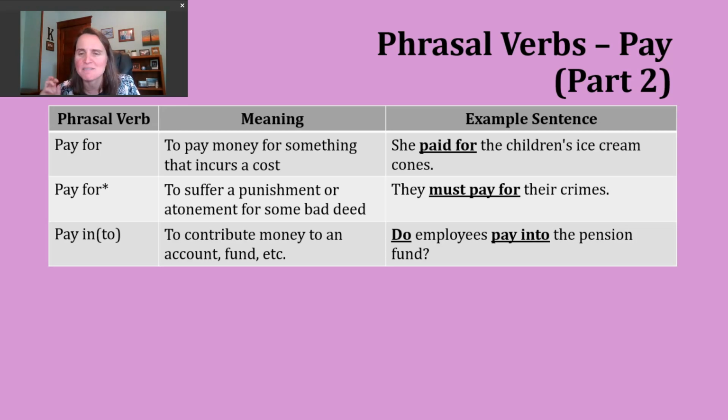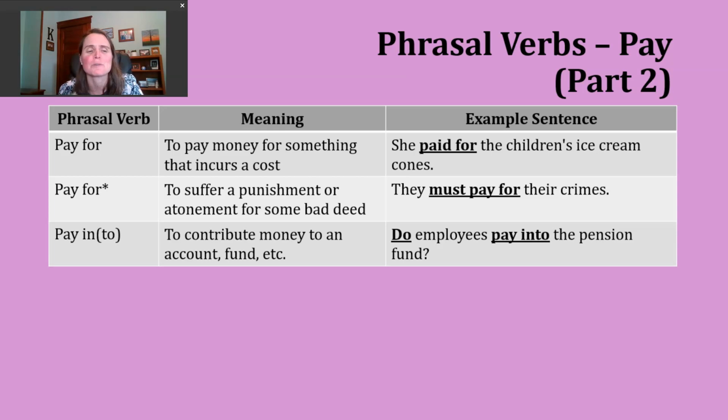Again, I feel like I've heard something similar to this in movies, or maybe from some elected officials here in the United States. Here we're talking about a requirement. We're using the modal must. And I think I forgot to say, she paid for the ice cream would be an example of the simple past tense. Now let's take a look at one more phrasal verb today.